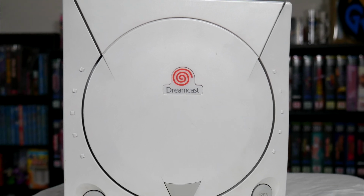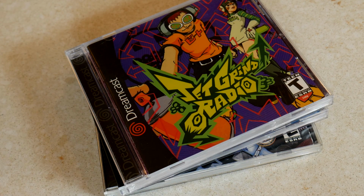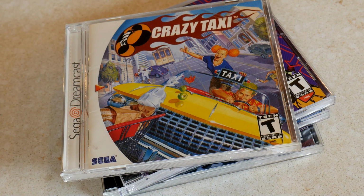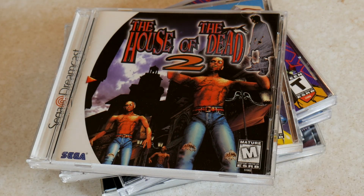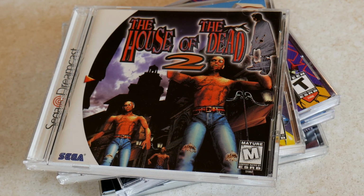I was jacked to own a new Sega console, and it really was my go-to system towards the end of college for me. I played a lot of NFL 2K, NBA 2K series, Jet Grind Radio might be my all-time favorite, and of course, Crazy Taxi. I also really liked House of the Dead 2, but that means I need a CRT up here for the